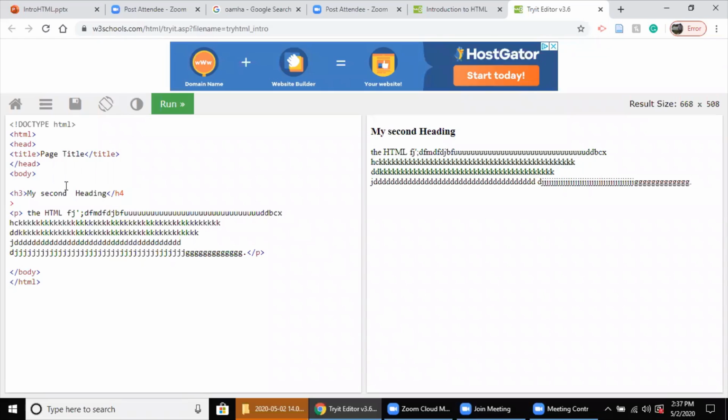And in a similar way, if you make changes to all the text, all the codes that you write with HTML, the body of the page, the title of the page, if you write something different,